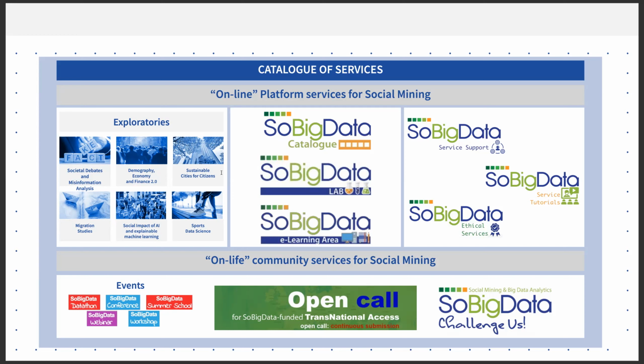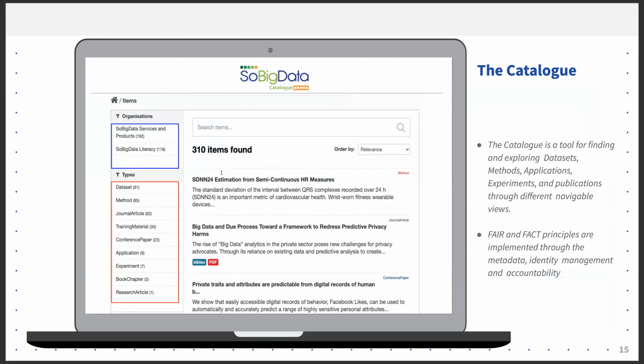In our catalog, you can find all the products related to our exploratory. I'm going more deeply into detail with the main aims of the catalog. Through the catalog, you can find everything: all the products inside our research infrastructure. That can be datasets, methods, applications, experiments, and publications. There are a lot of ways to navigate our catalog, for example, by types or by exploratories, as you said before. And you have a lot of tags that you can click in order to refine